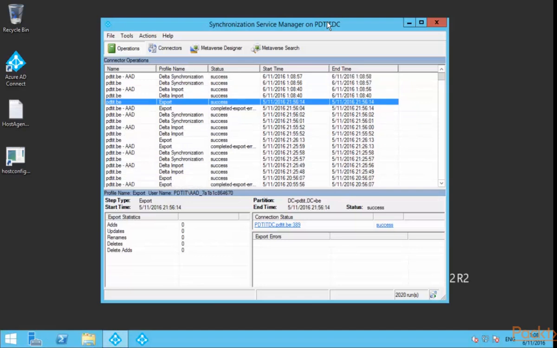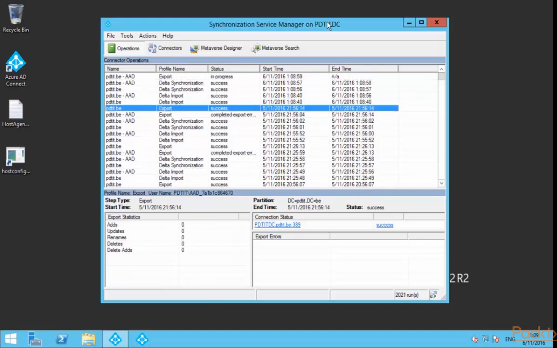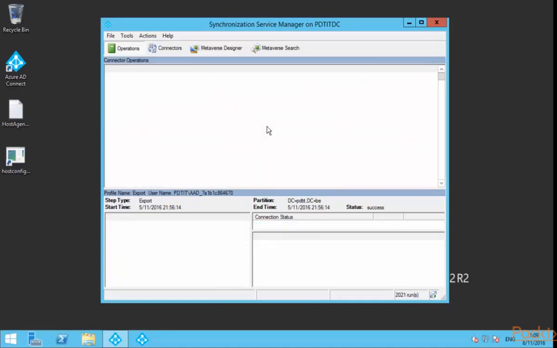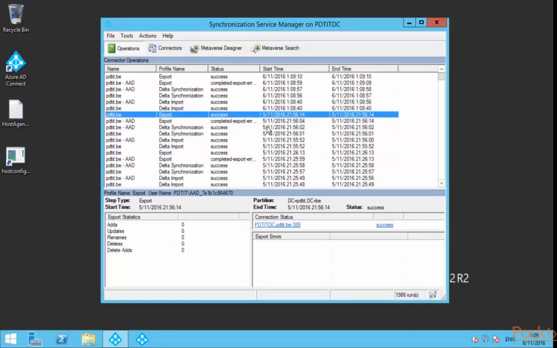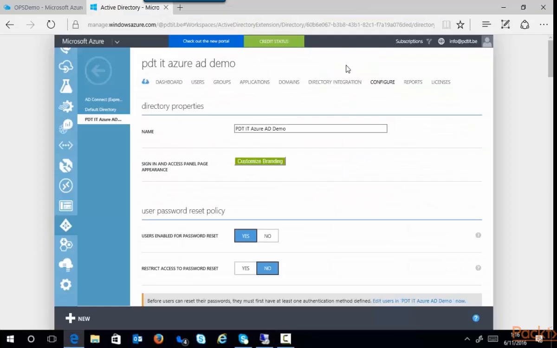As you can see here, every 20 to 30 minutes there's a delta synchronization happening, and on the other side in Azure AD a delta import. You can also detect which domain controller your server is using for synchronizing, and that's the easy way to find out if the synchronization is working fine or not. Obviously, if anything should go wrong with the synchronization, you could also detect it from here, since it would be in a failed state. Now with that, I'm finished with the introduction on Azure Active Directory,